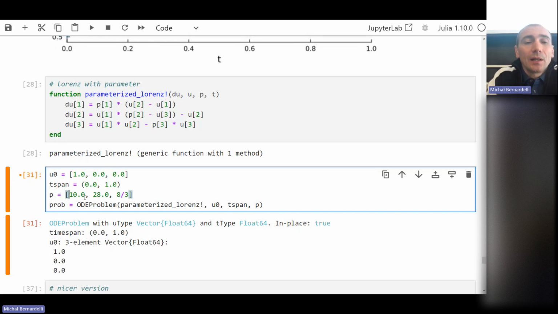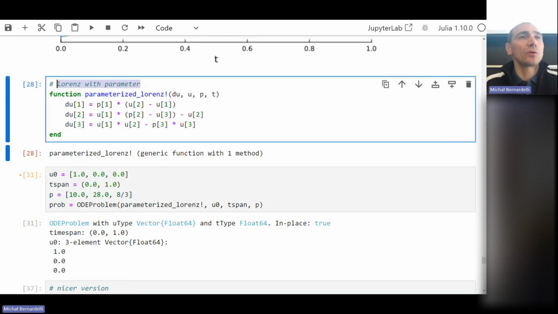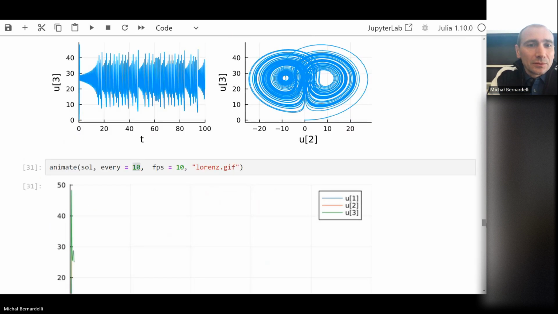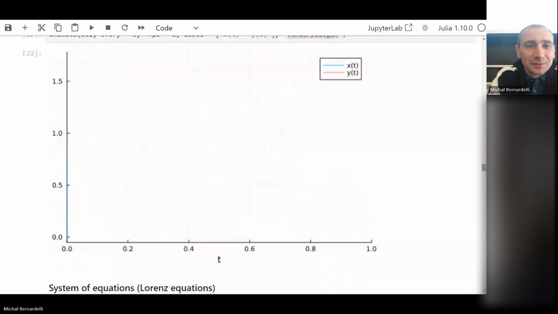One more thing is that this is in fact not a nice version. So I use this Lorentz with a parameter, but I've also got a nicer version of it. What does it mean, nicer version of it? Remember the first day of this workshop, you were told that you can put any mathematical symbol in here. So we can use it. Why? Because usually if you provide somebody with this and you want to name it Lorentz, then it will be hard to get that this is the standard Lorentz equation. Let me